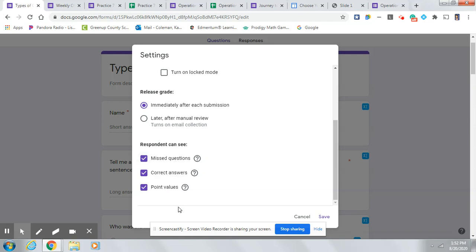So you have the option of letting them see what questions they missed, letting them see the correct answers, or letting them see the point values. I typically let them see the point values and I let them see the missed questions. I do not put the correct answers on there